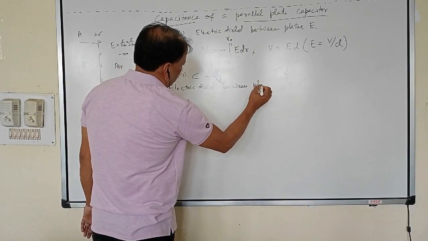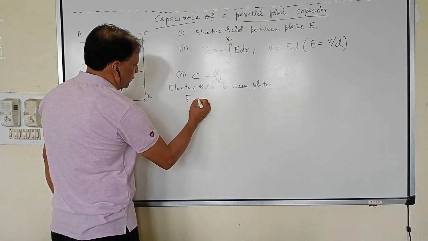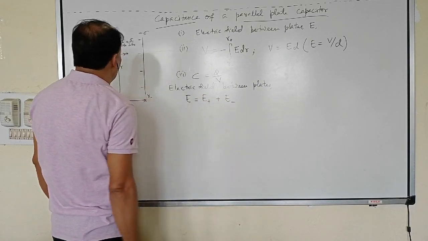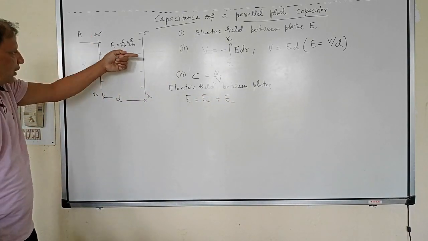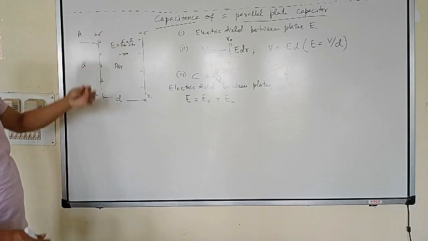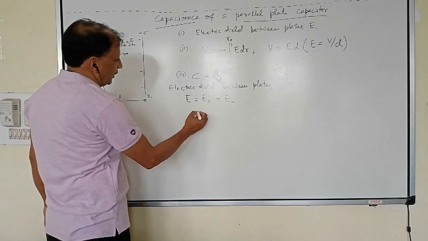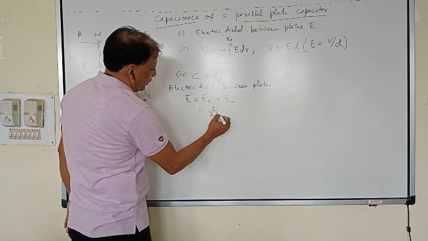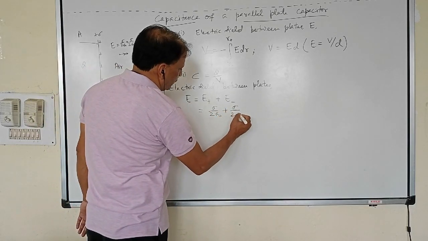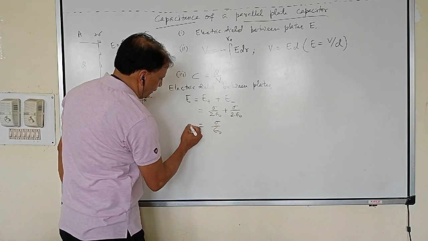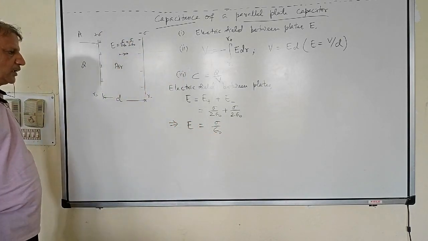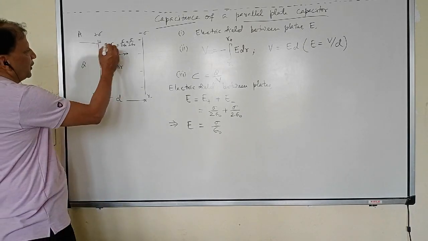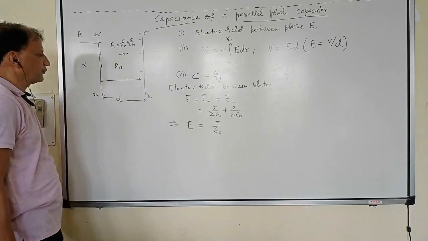Electric field between plates. E is equal to, due to the positive charge, let's say E plus, and due to the negative charge, E minus. So the direction is the same. Positive charge के कारण डायरेक्शन होगा ये, नेगेटिव के कारण ये होगा. तो नेट फील्ड इज वेक्टर क्वांटिटी, तो E plus और E minus का sum होगा. What is E plus? Due to surface charge density plus sigma, it is sigma upon 2 epsilon naught. Due to this one also sigma upon 2 epsilon naught. That is sigma upon epsilon naught. So electric field between the plates is E equal to sigma upon epsilon naught. Between the plates, electric field इतना होगा, directed from positive to negative charge.